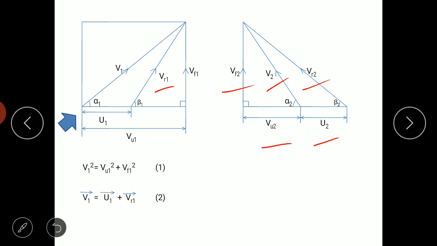Okay, now moving further, I hope you understood why U2 has come here, because if you see here, the U2 line is between V1 and VR1. So here also it is between V1 and VR1, and I have explained the concept. V2 is getting converted into U2, so for the relative velocities, it is between the two. Okay.